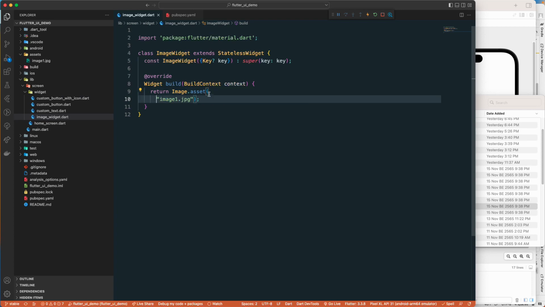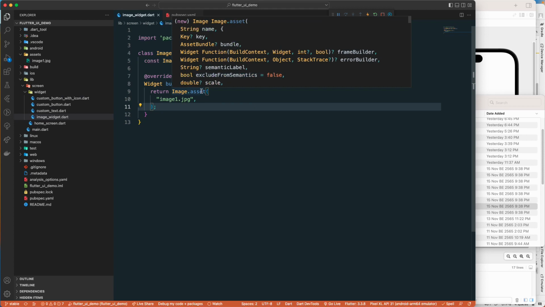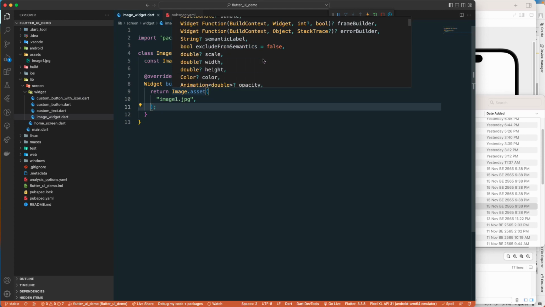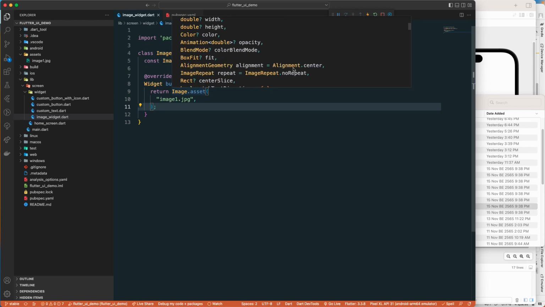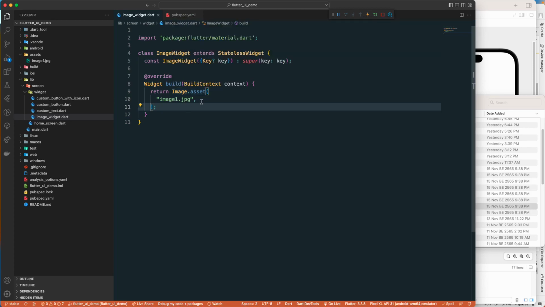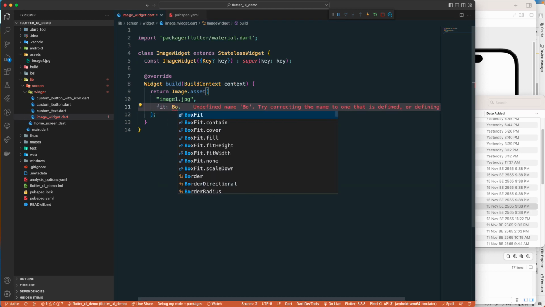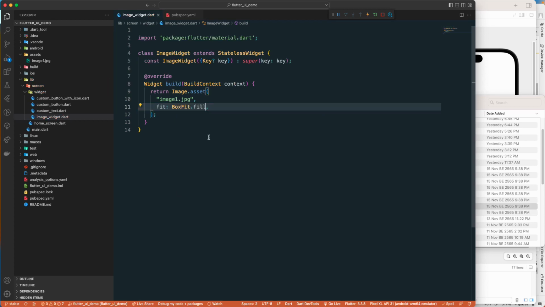And you also have some of the properties if you want to modify it. So if you need some more modifiers, you can grab the modifier from here. I can set the scale, size, width, height, right, and box fit. So I guess for me, let's say fit. And if you want to change it to box fit fill, you can. So I guess that should be fine. And once we are done with that, I guess we are done with Flutter to load a simple image